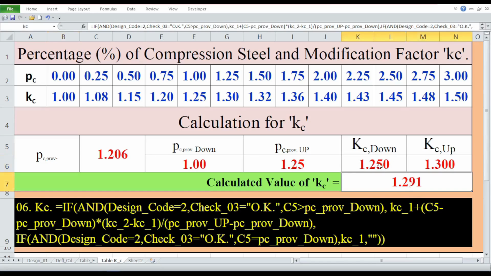And the formula we are seeing in the formula box is equals to IF open parenthesis for first IF function and open parenthesis for first AND function, design_code equals to 2, comma, check_03 equals to quote OK quote, comma,